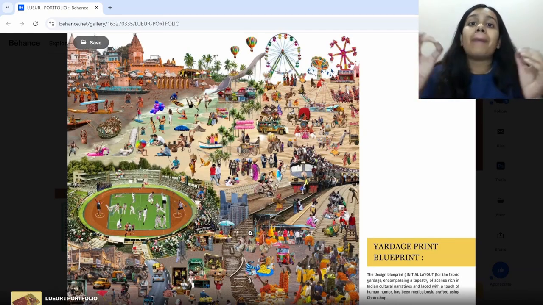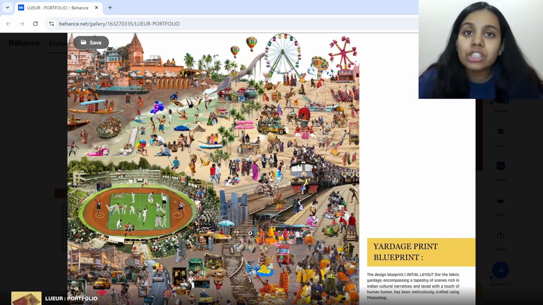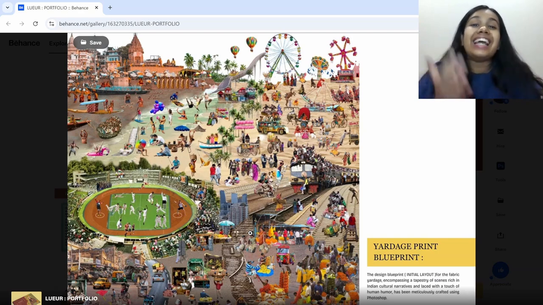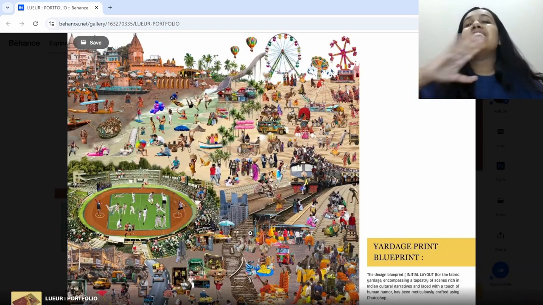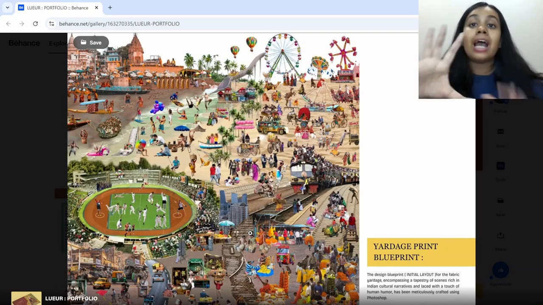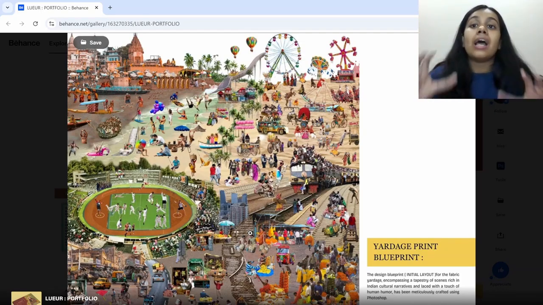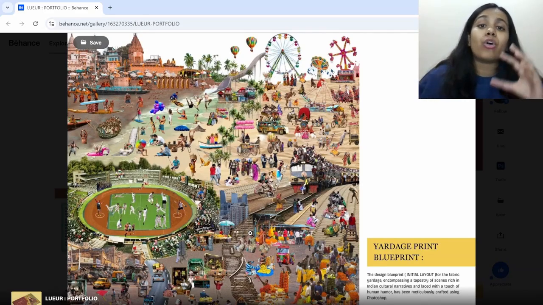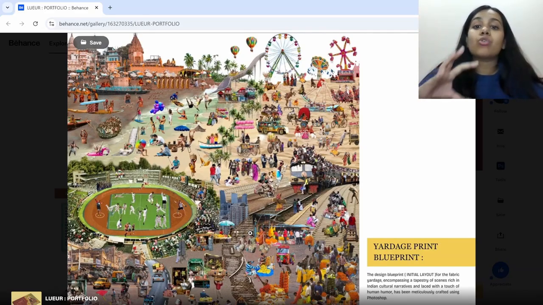You can do it manually with your hand drawn illustrations also. It is not necessary that you make it digitally. See, guys, this was actually very, very, very complex, because this took me more than, I would say, 48 hours to make this illustration, the whole yardage planning. Because once you need to plan, you need to figure out where you want to show what kind of stories, what kind of whole things you have to cover.